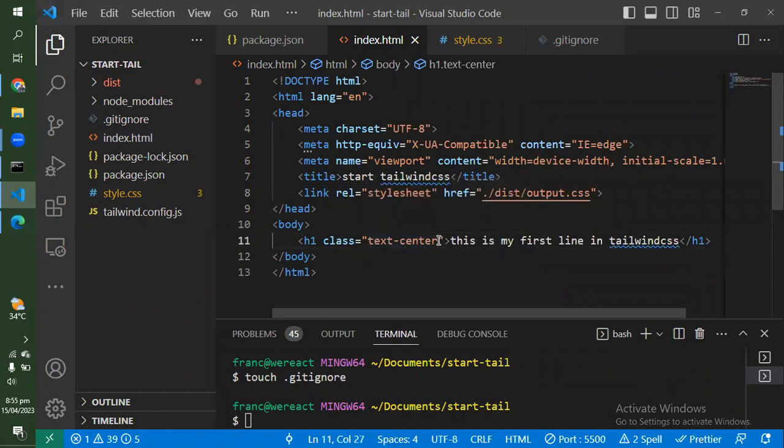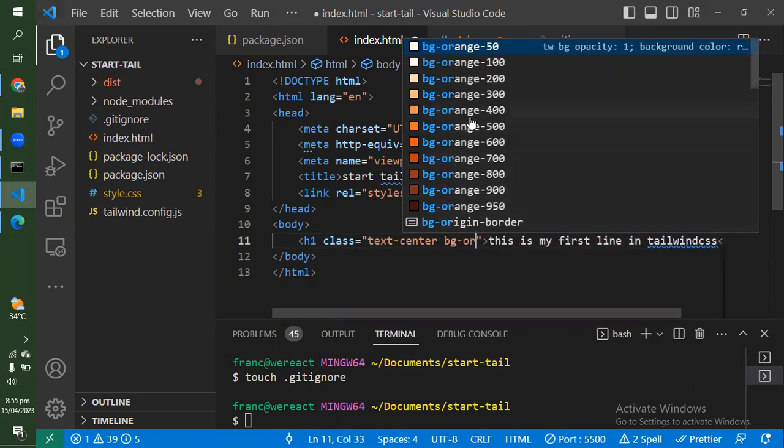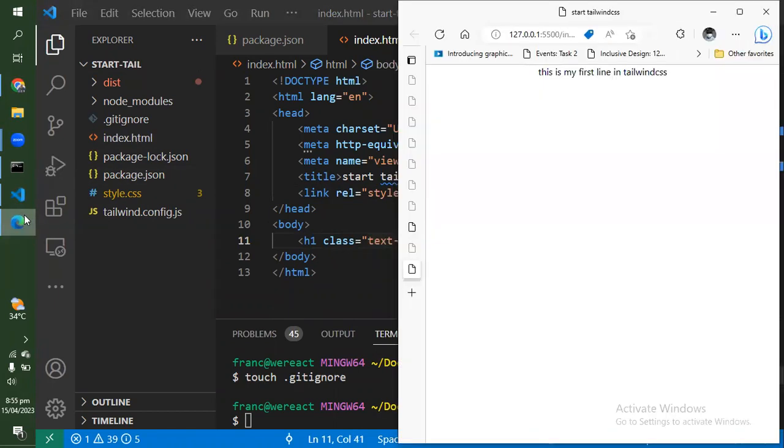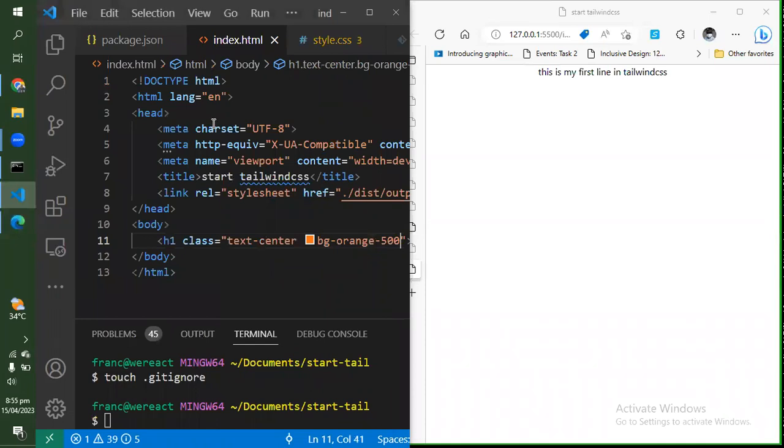And if I want color, I can say bg-orange. So this will give it a background color. And if I look here, I will see that the background color is not appearing. The reason this background color is not showing is because my terminal is no longer running. So I need to make sure that my terminal is running for me to be able to write some